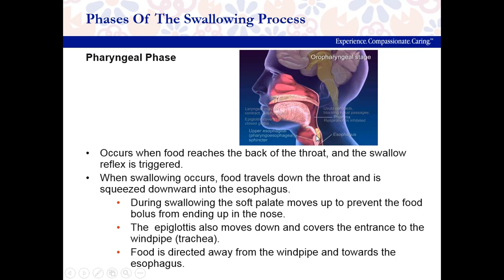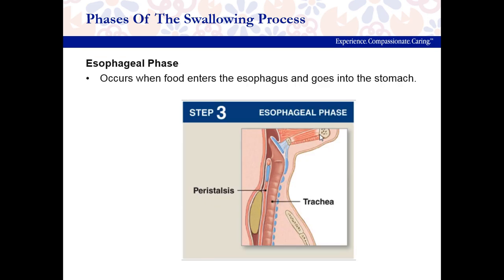One of the things that you also notice that will happen here as the epiglottis moves down, this is actually the food bolus, and it is beginning to descend down into the stomach. The third phase of swallowing is called the esophageal phase, and this is where food actually goes into the stomach. So it makes its way down the esophagus, which is right here. You can see it's a very muscular tube, and there's rhythmic contractions which push the food forward, eventually entering the